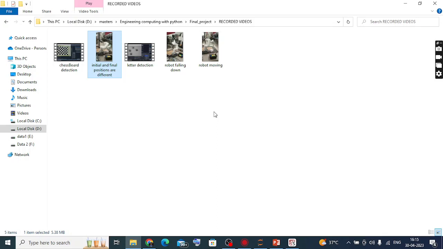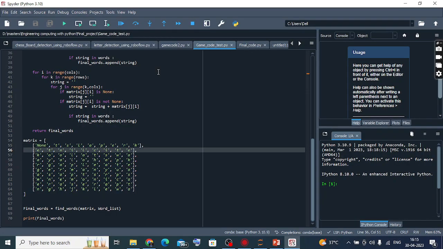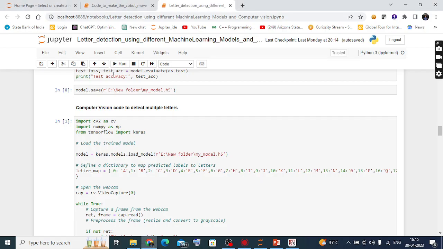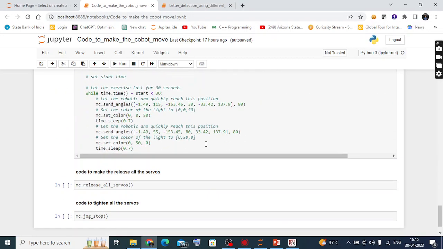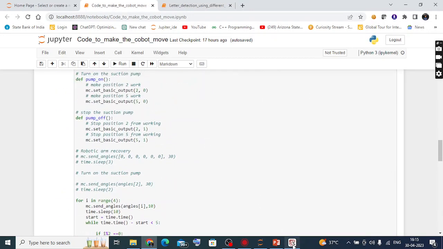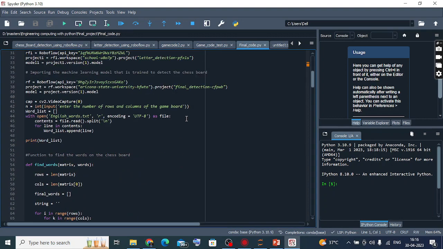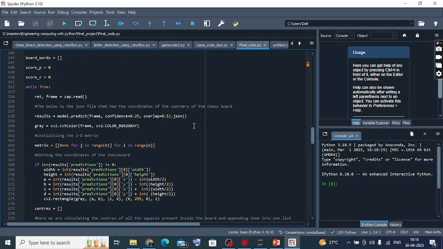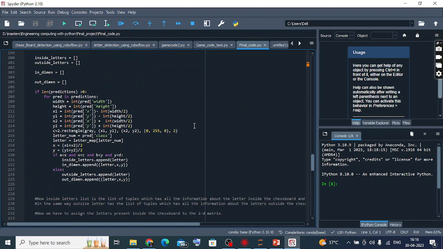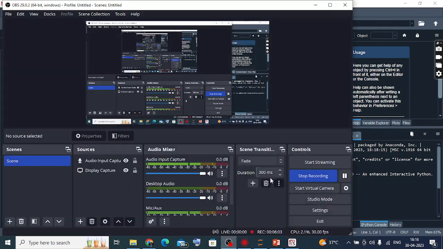Because of these malfunctions, I'm not able to make the Cobot play the game. But I coded all the necessary code that makes it move, and I integrated all these codes into a final code. This is my final code, which makes my Cobot play a game with human beings if it is completely functional. But I couldn't because of the robustness of the